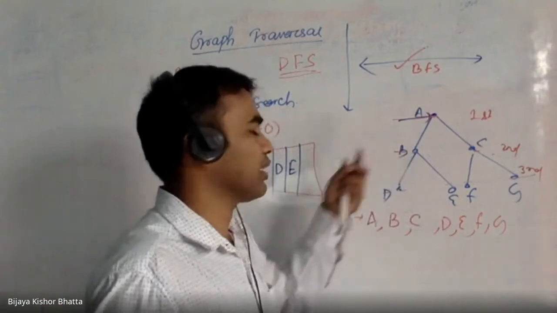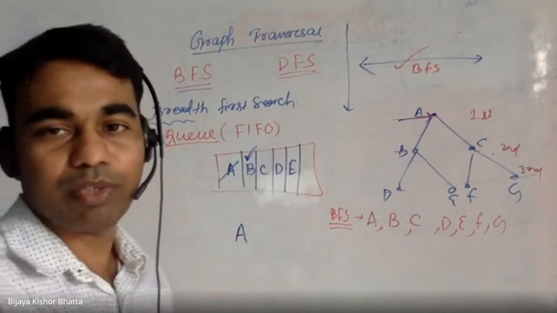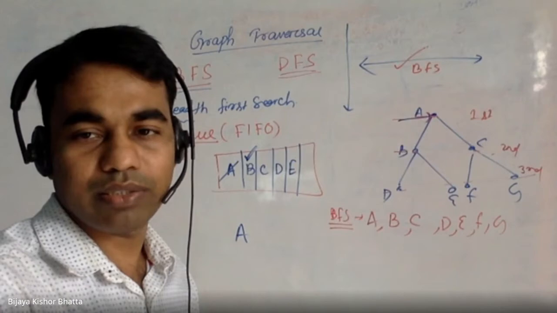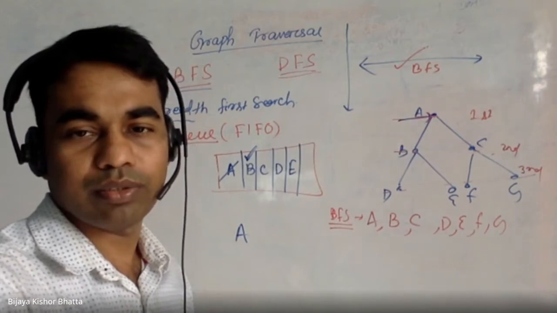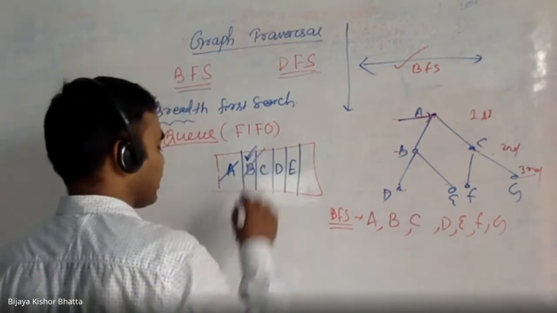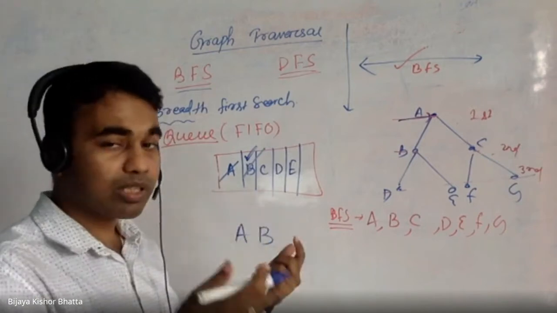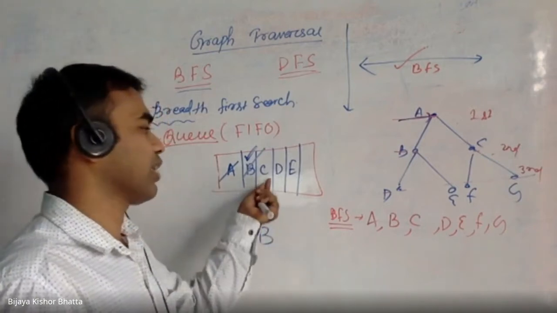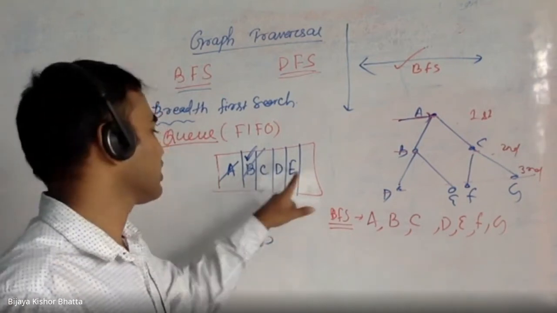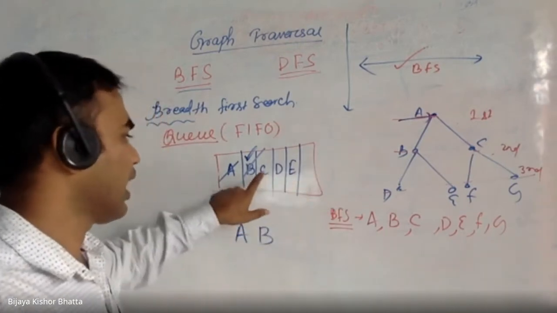Now we can traverse B. So I will traverse this particular B, and B I can remove from the queue. Once B is traversed, which element do I need to take? Then C I need to take out, whichever is at the front of the queue. This is the rear of the queue; insertion will happen at this end, and deletion will happen at this end. Okay, I will take C.